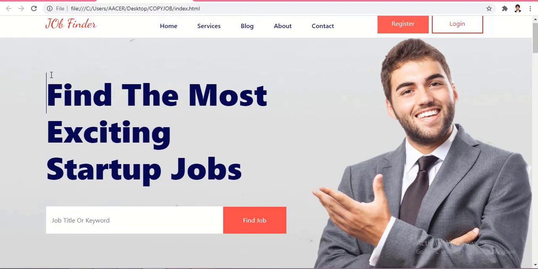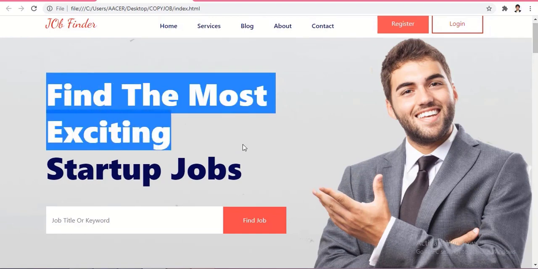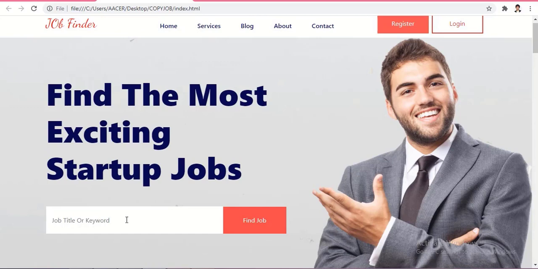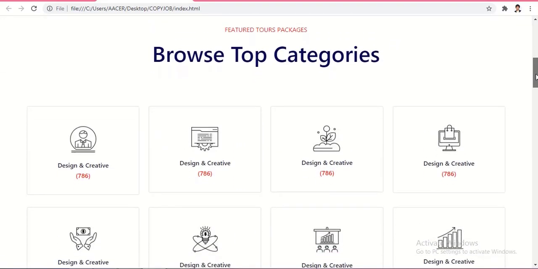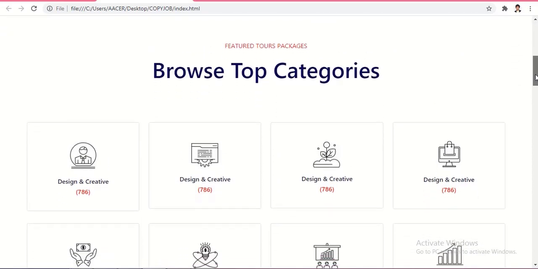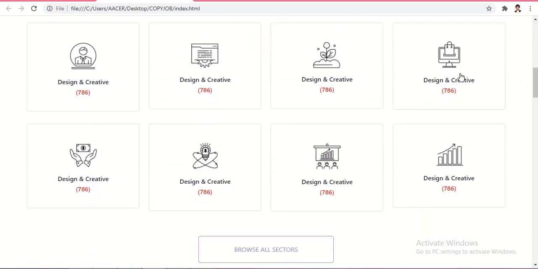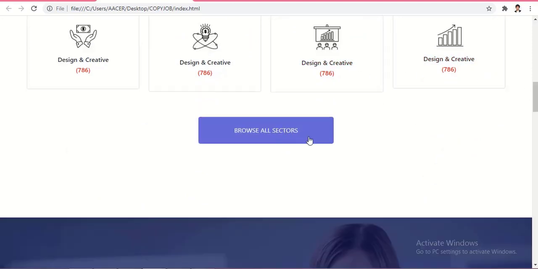On the left side here we have this big heading, and after that here we have one input section and the button, and on the right side here we have our main image. After this section here we have our category section. You can see this category section has icons, and whenever we hover on these cards it creates the box shadow effect. In the last here we have one big button,